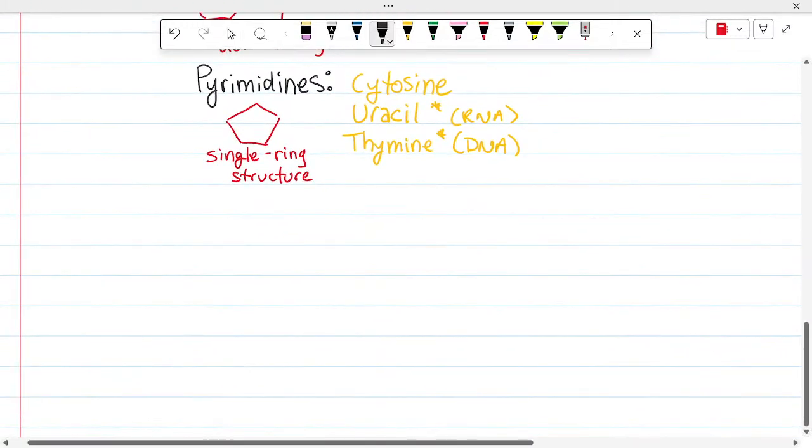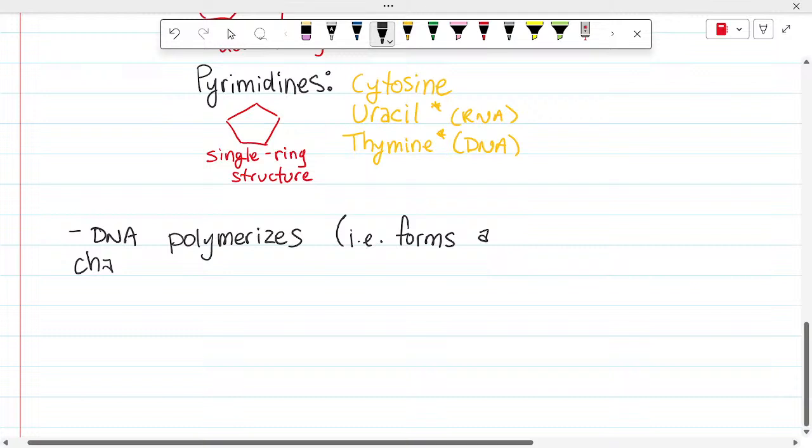So DNA forms a chain, or a polymer. So DNA polymerizes, i.e. forms a chain. Why indeed? When a condensation reaction